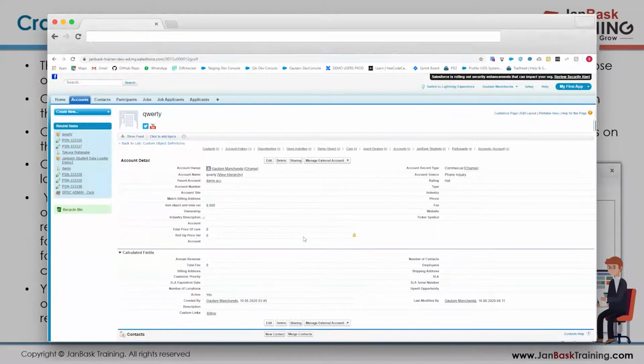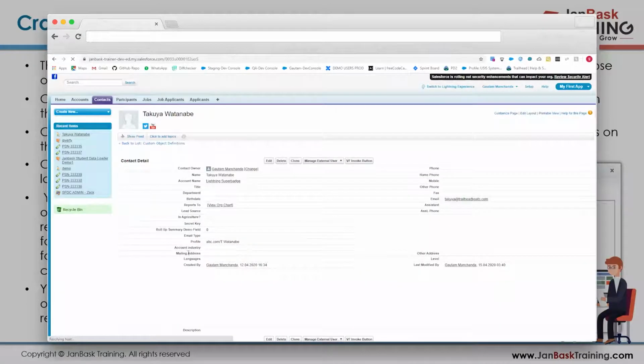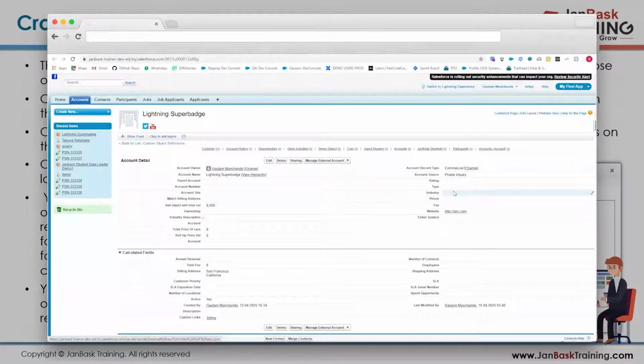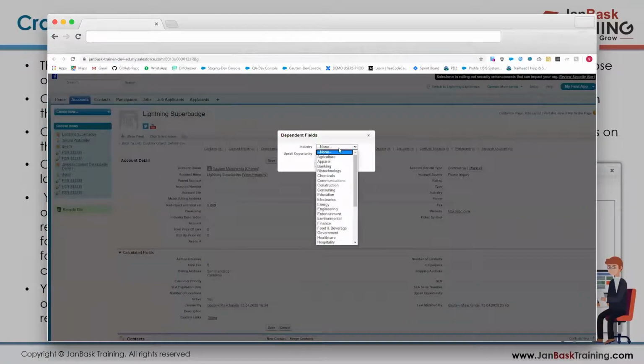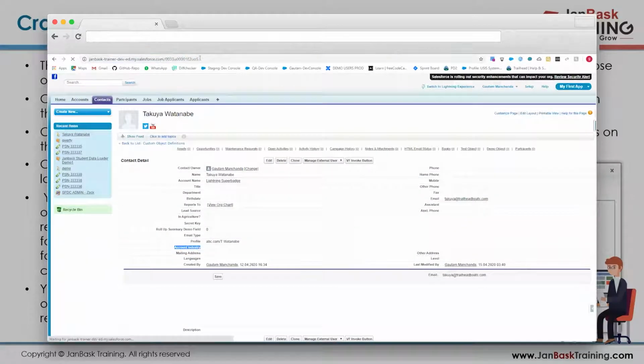Okay. So getting back to our topic over here. If I go back to my contact, I created a simple field right now, which is having nothing but the industry being populated from the account. Over here, there is nothing getting populated. If I go to the account, the industry is blank. If I select a particular industry, go back, just refresh, the value appears automatically. So this is the beauty, again and again, navigating here, navigating there. All this is not required.